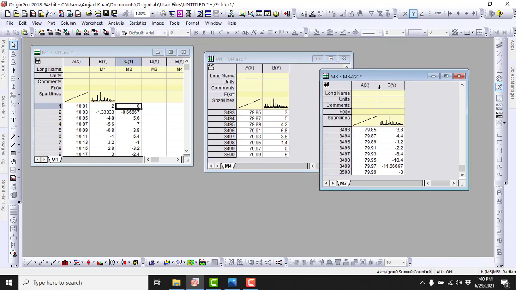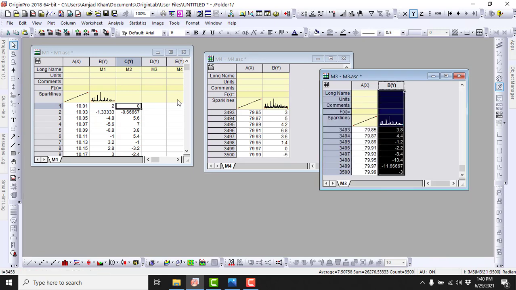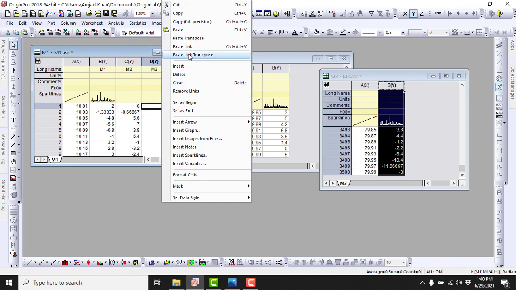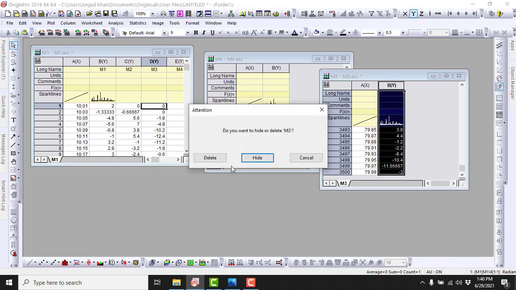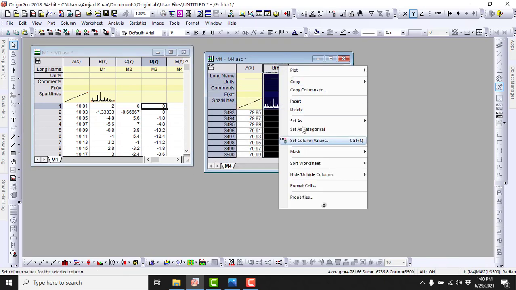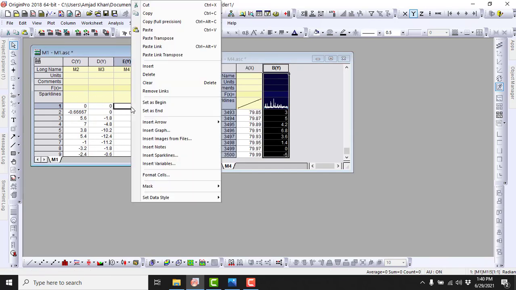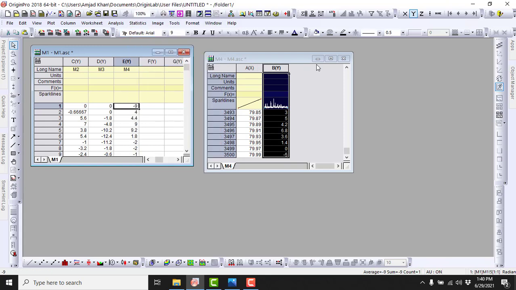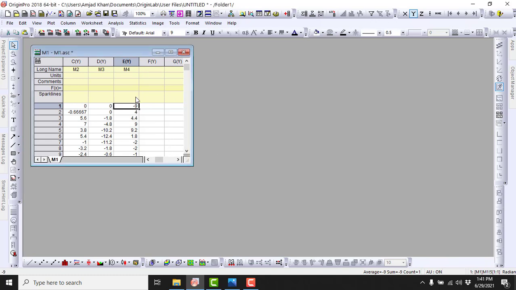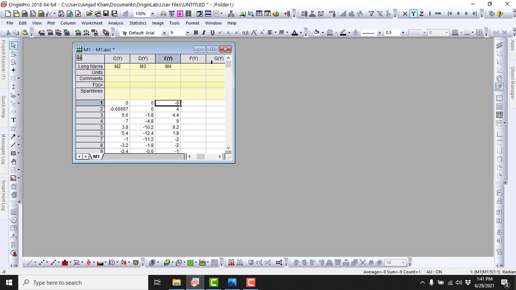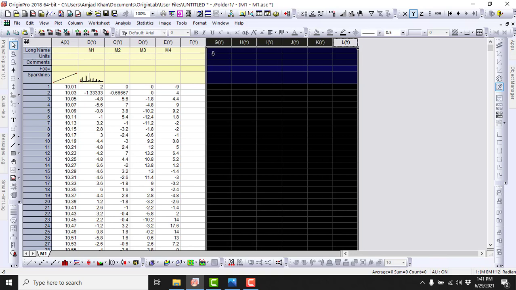Copy, paste, copy, paste, delete. I will delete the extra column.